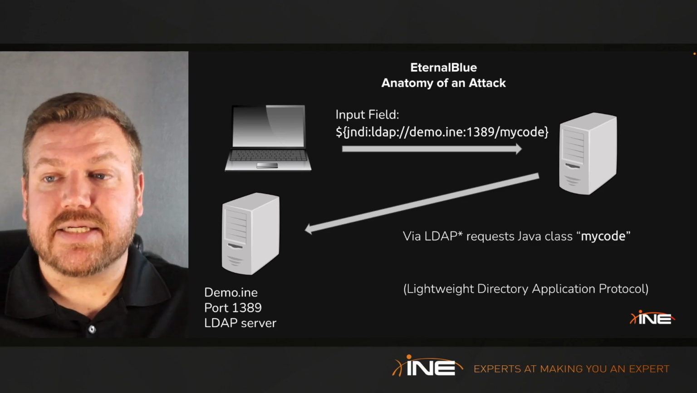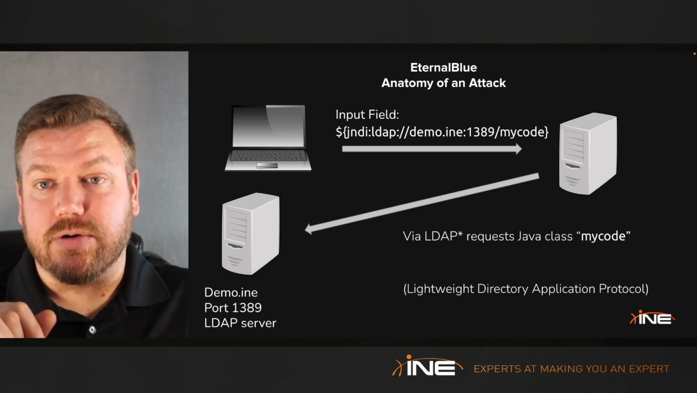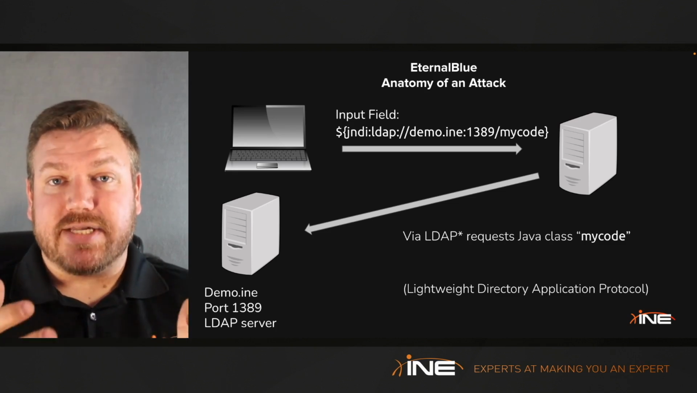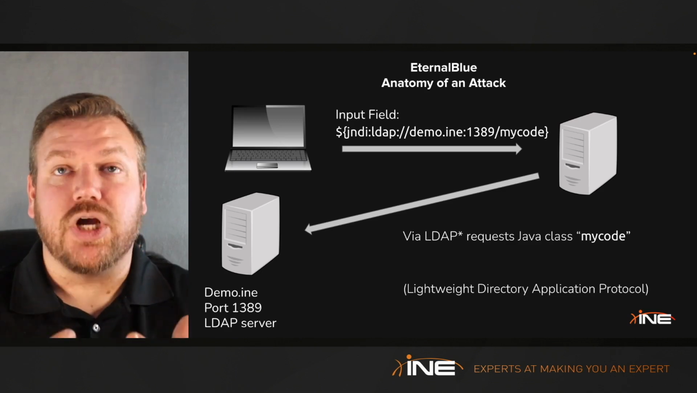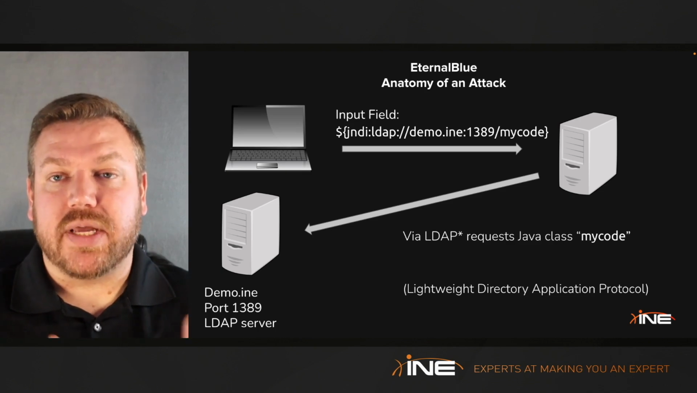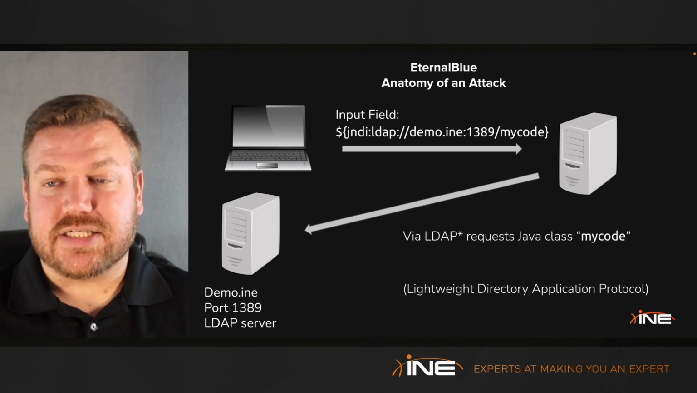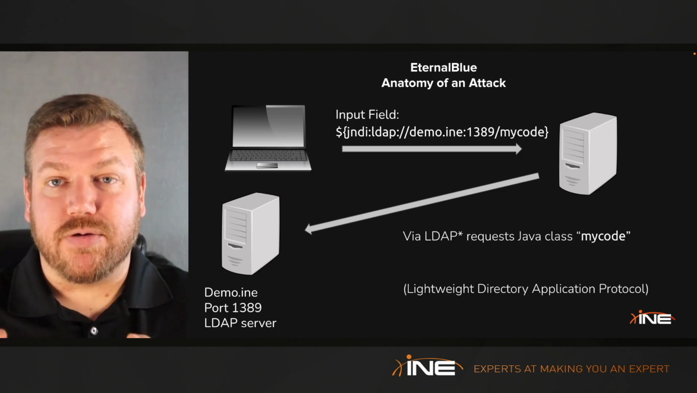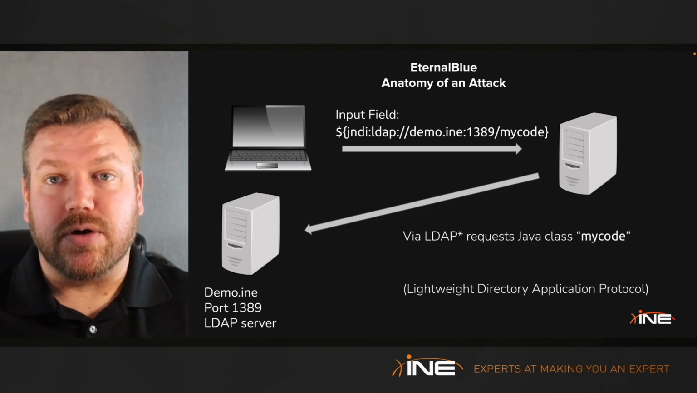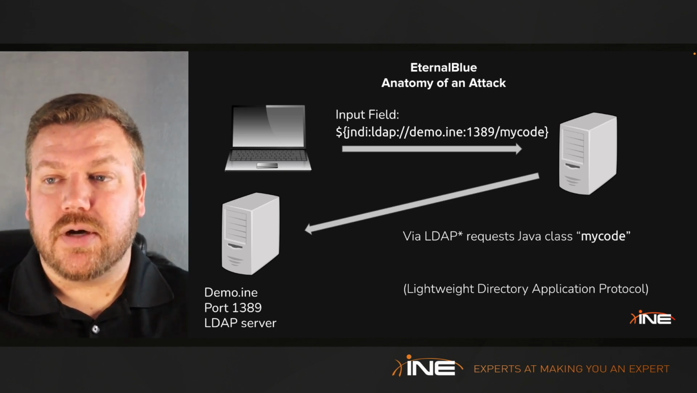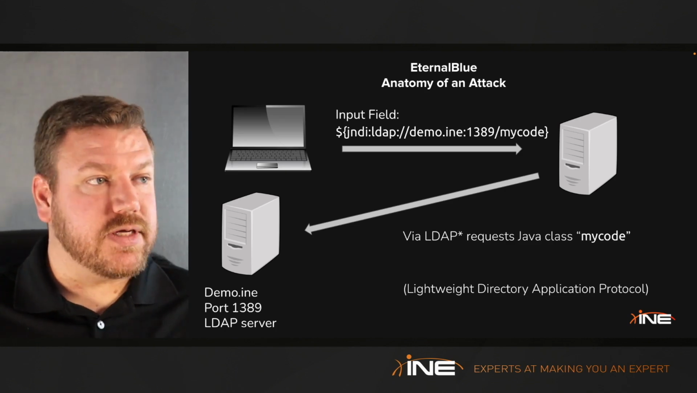Now, when they connect, they're going to look for a file called my code, and that's going to have a Java class in it. A Java class is just Java code that is in another file. When it gets pulled over, it's going to get executed. So a simple string in an input field made the server reach out and find more Java code. So a good example of this